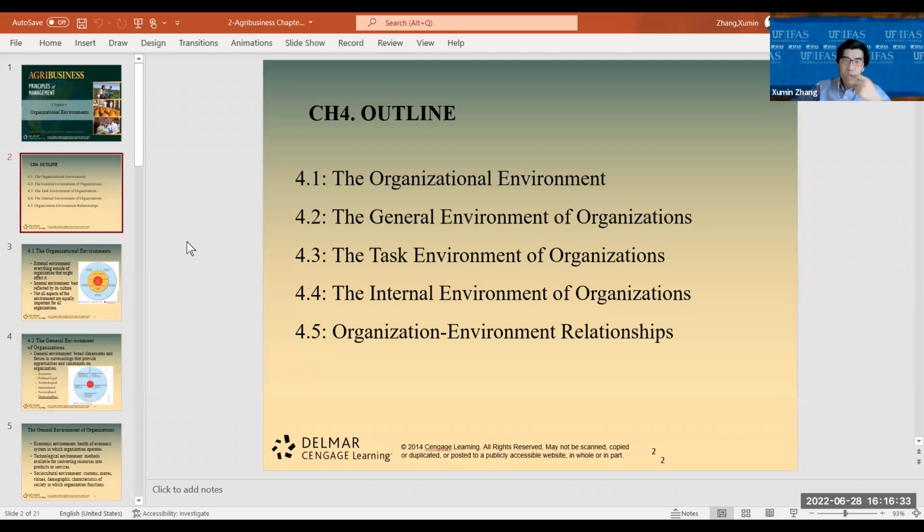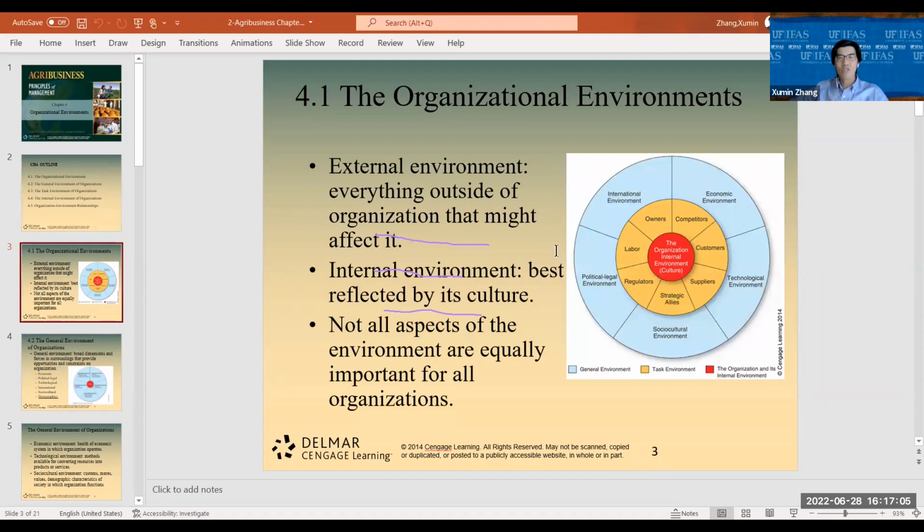So we will introduce the 3 types of environment, 3 big categories, okay? The first one we call the general environment. The second is called the task environment, and then the internal environment. From bigger to smaller, to the smallest. The company, the organization, is the so-called internal environment. Let's directly get into the discussion. The first,